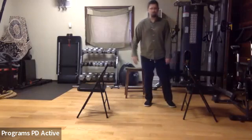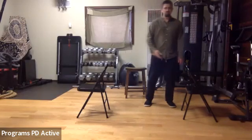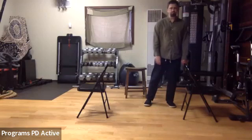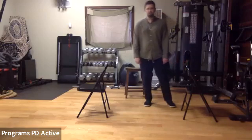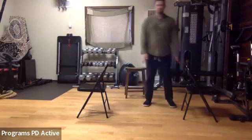Now we keep both feet glued to the ground. Change the weight over to the left leg. Change the weight over to the right leg. Change to the left. Change to the right. Keeping the feet on the ground is important because, again, if I go over here and